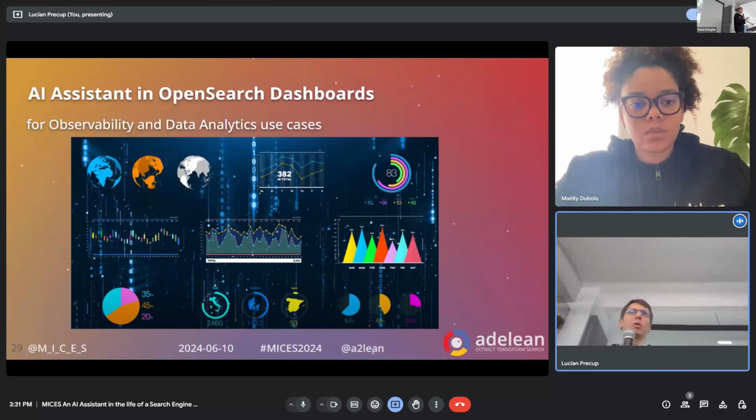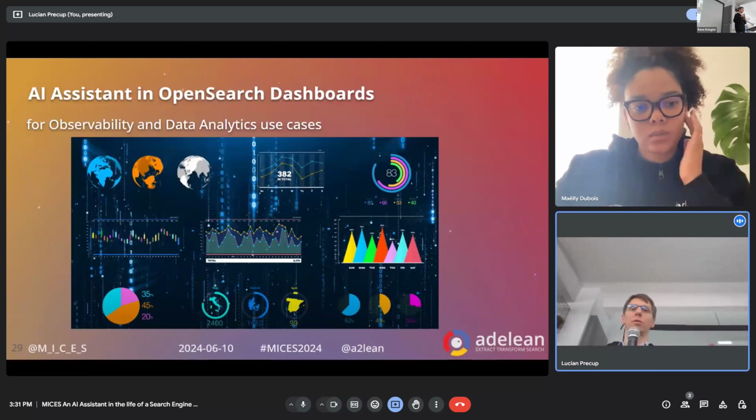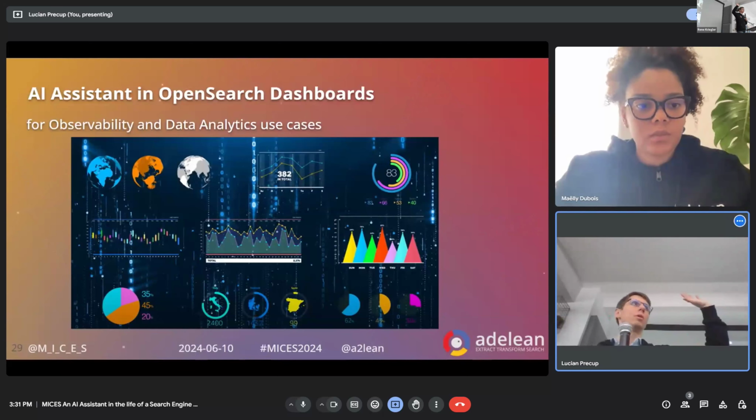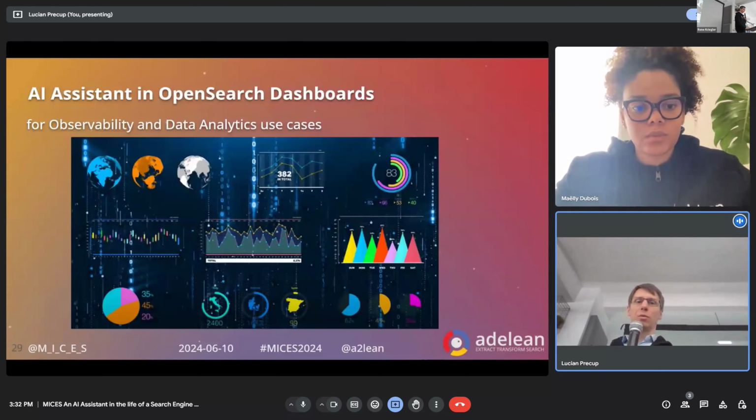So this is not new. I mean, we are not the only ones to try to do this. Who here knows OpenSearch Dashboards? For those of you that do not know it, it's a tool that allows you to do data analysis. So you can have dashboards like this. And there's a tool that allows you to